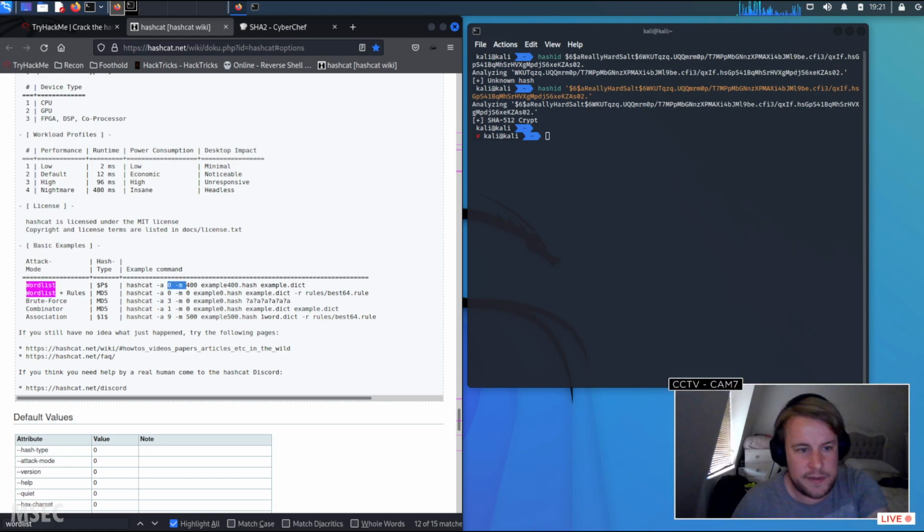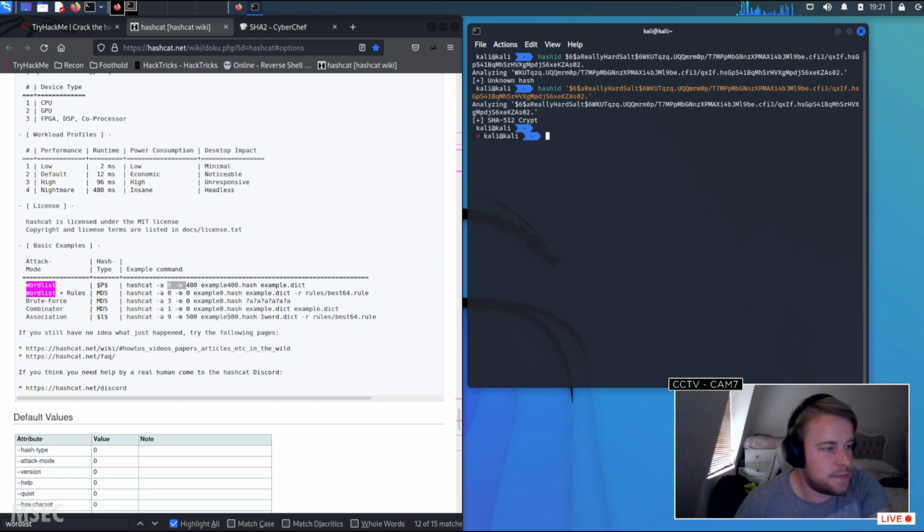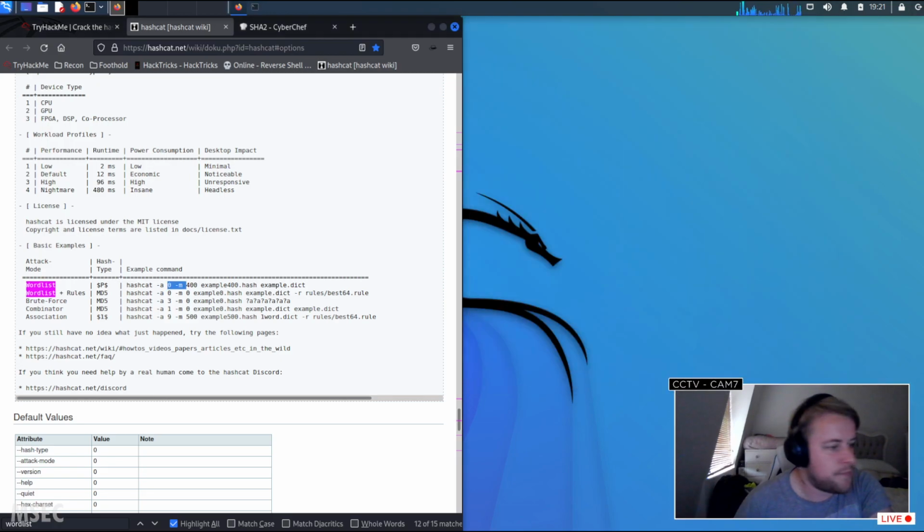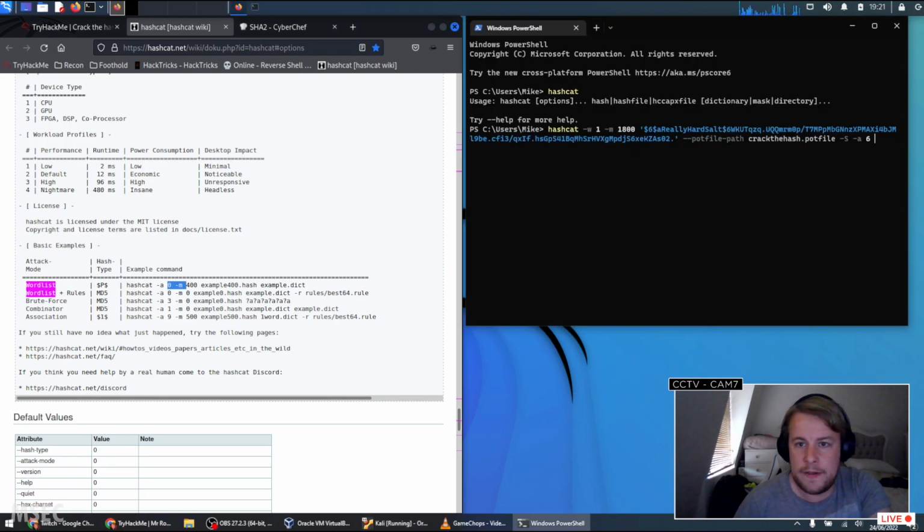That's what we want. So should we do dash a 0? We've given it a hash, so now we just need to give it the dictionary. The dictionary is